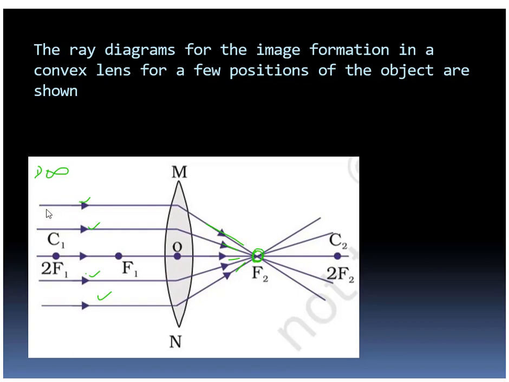Now if you consider that this is the size of the object, here this much, so see, this is the size of the image. So here you can see that these rays are actually meeting and here the image is formed. So here the characteristics of the image is it is real. That is the first characteristic, it is real, highly diminished. See the size of the object and size of the image. Size of the image is very tiny, like a dot, highly diminished. Okay, it is real and highly diminished, and the image is created at focus.